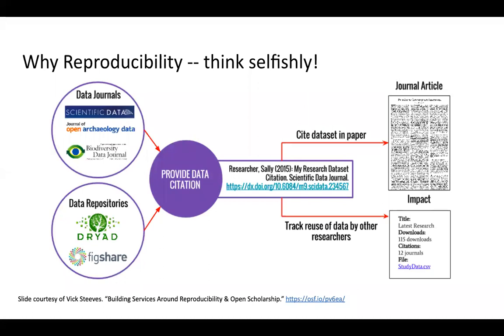And to that last point on research impact and visibility, you can think selfishly about reproducibility. By sharing all parts of your research, others can reuse and extend your work more easily. So you may even find interesting collaborations and future research projects out of this. And of course, remember, future you